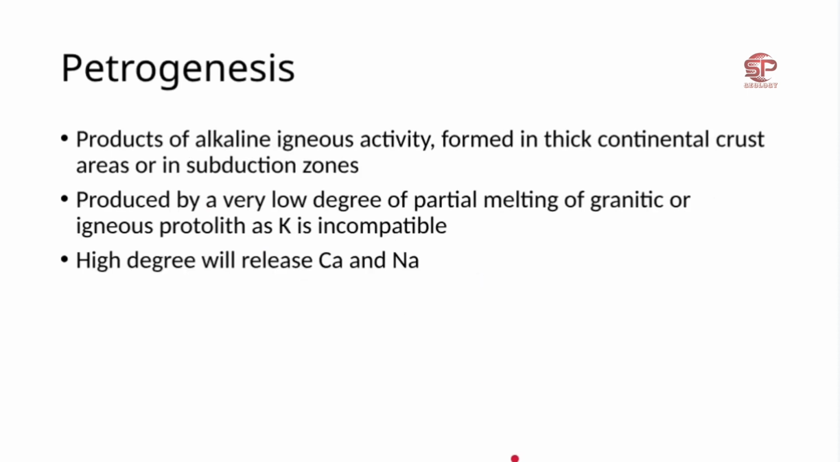So petrogenesis, we have already studied petrogenesis. These are the things we have written. Syenites are products of alkaline igneous activity formed in thick continental crust areas in subduction zones, produced by a very low degree of partial melting of granitic or igneous protolith, as potassium is incompatible. A high degree of partial melting will release calcium and sodium, and a plagioclase rich rock will be formed. Okay, so this is syenite. Moving to